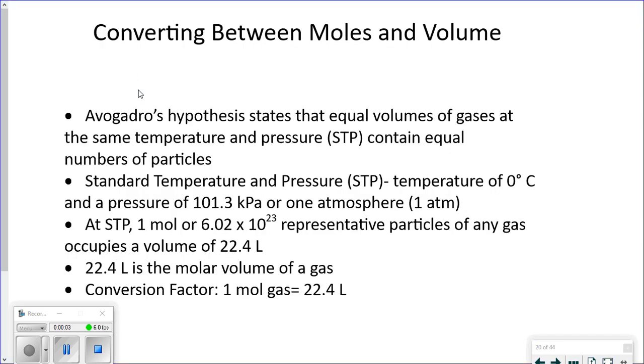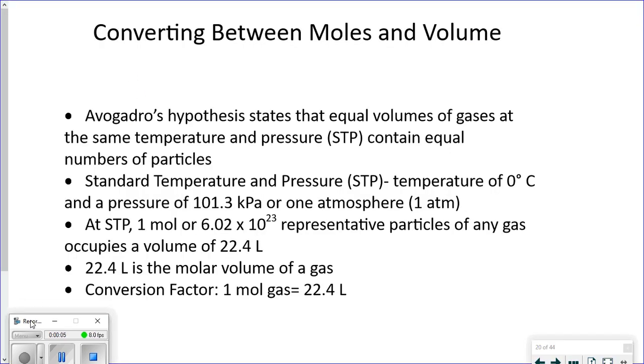Hey guys. In this video, we're going to continue with our moles unit. Today we're going to look at conversions using volume. And these are only going to apply to gases. But according to Avogadro, the one that Avogadro's number is named after, who figured out the difference between molecules and